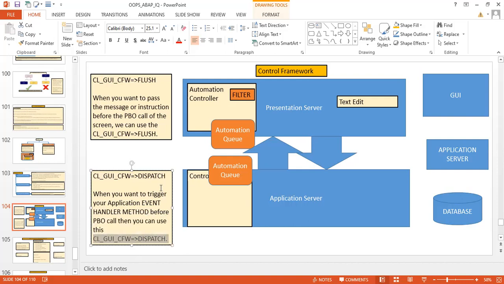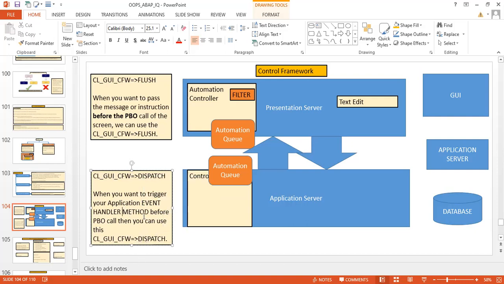Just remember two important words in an interview: before the PBO. If it is flush, say you have to send the message: before the PBO, to send the message to the presentation server, we use the flush method. Before the PBO, if you want to trigger the application event handler method, you have to use dispatch.